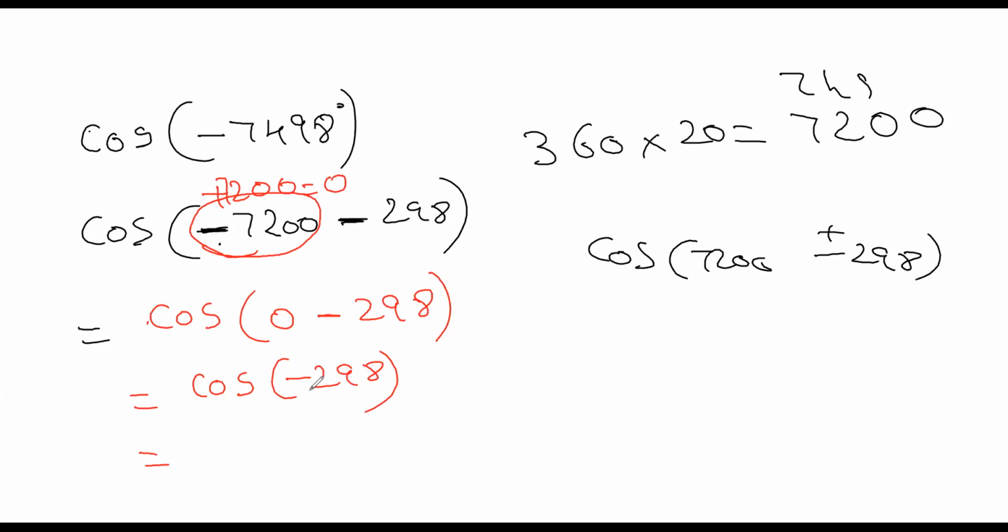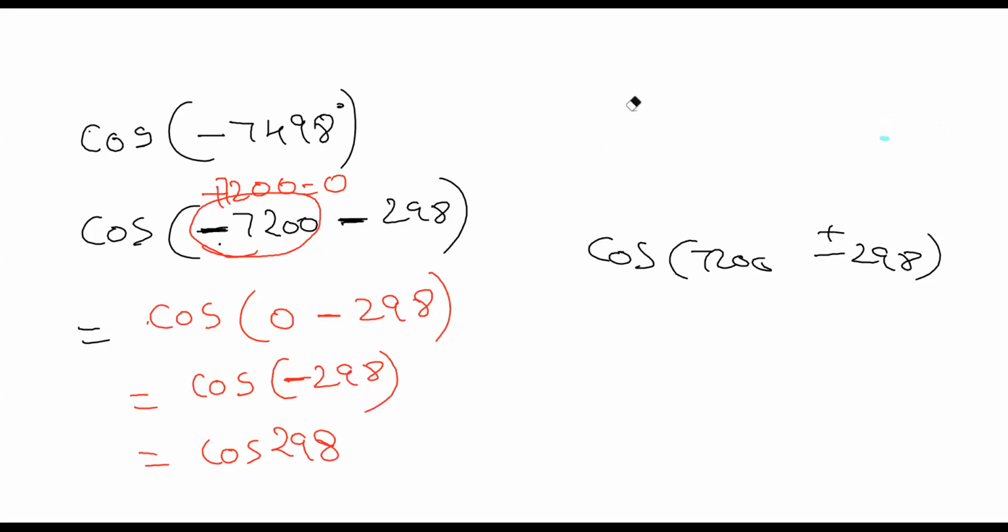It will be in the fourth quadrant, so that's why cos 298. But as we discussed earlier, the theta should always lie between 0 and 90. So this step is converting from a bigger number to a smaller, very known number. Now we will convert this into standard form, that lies between 0 and 90.